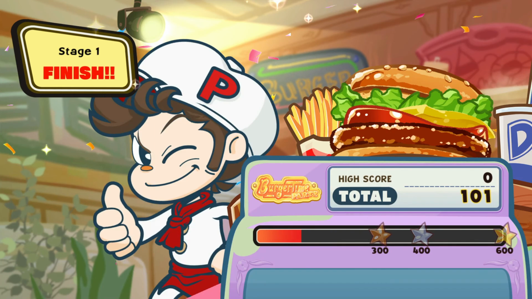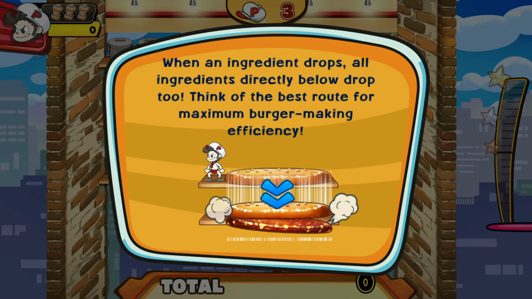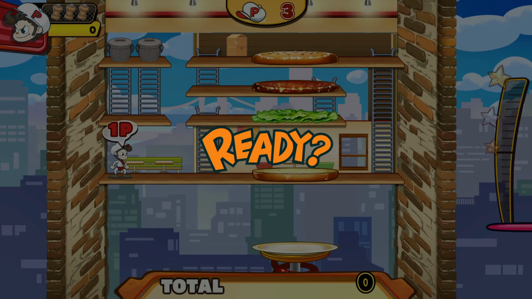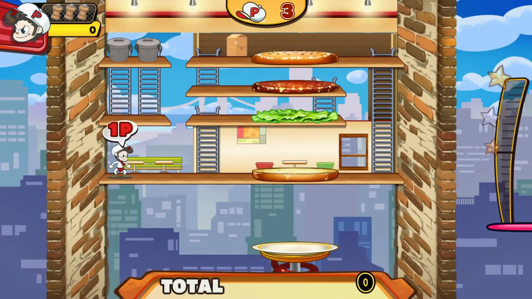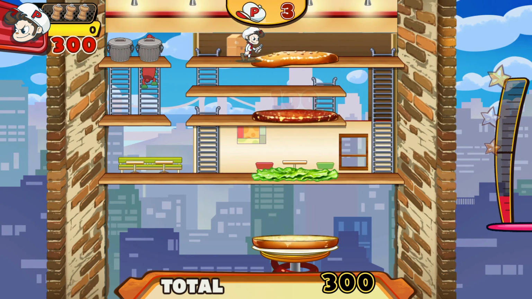But as you progress through this tutorial and the main campaign itself, you'll learn that there's different ways to obtain points. So walking over a piece of the item that makes the burger will drop it down and you get about 100 or 200 points or so. If there is an enemy underneath that item when it falls, you will knock them out and you'll get some